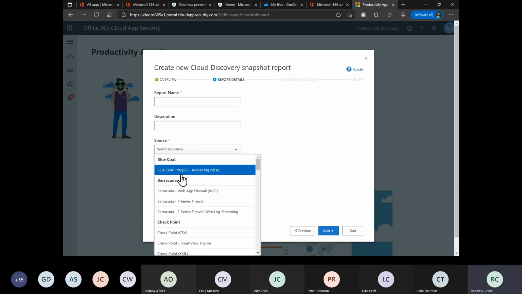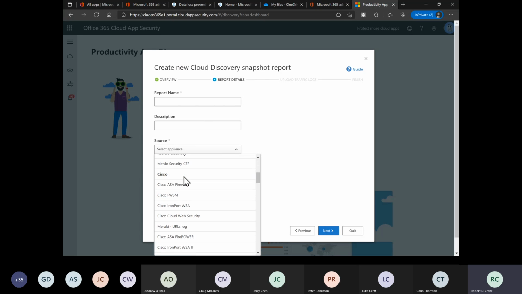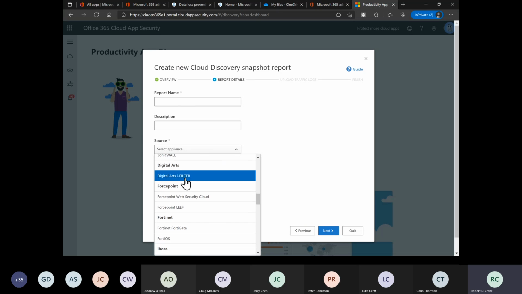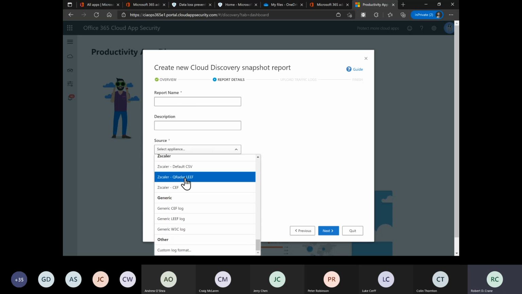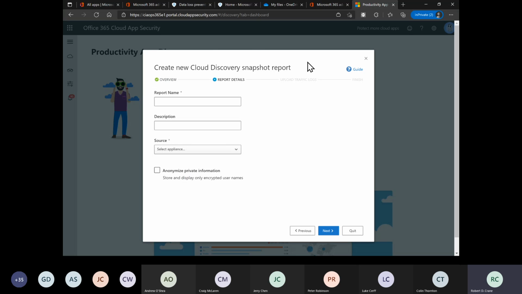So the ID here is the source. That's where you'll pull it in from, your third-party firewall. If it's a known firewall, just import it from there. And then down the bottom here, you can pull it in from generic CEF files, W3C logs, and custom formats. That is a once-off snapshot report, but you can also set it up to automate the pulling of logs